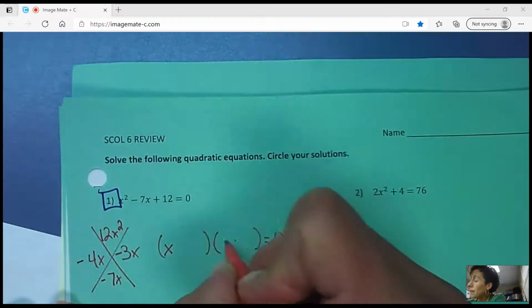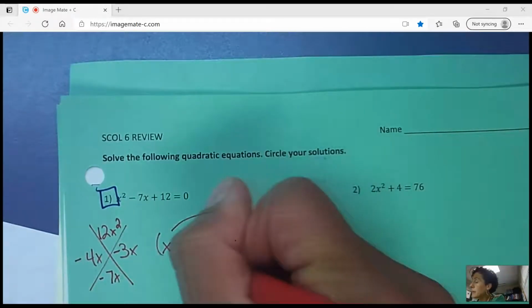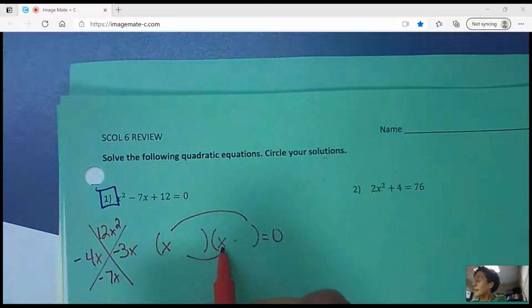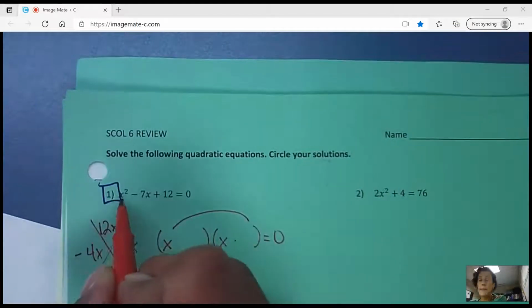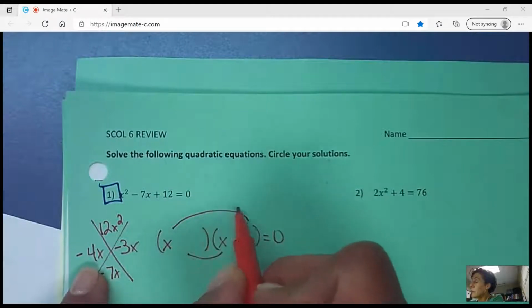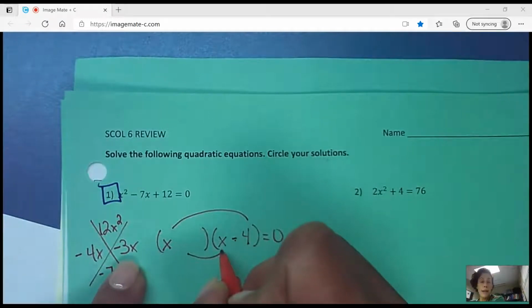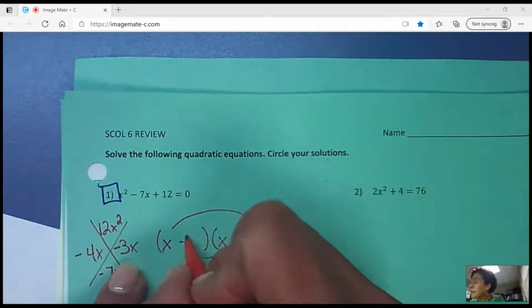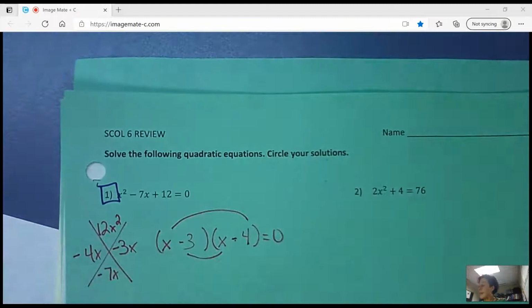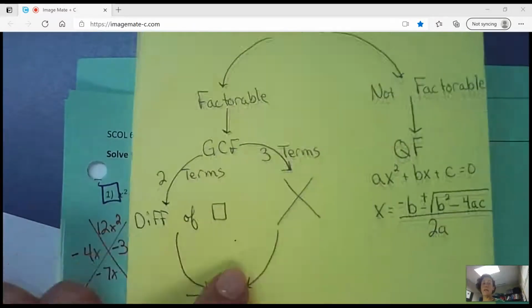I'm going to drop in those x's, and then before I complete the loops here, I want to see if x and x are enough, and it is because x times x is this x squared. So what I'll use is this x and multiply it through this loop to get negative 4x, and then I'll ask myself x times what can make this negative 3x, and that would be a negative 3. Now that I have factored it, so it was factorable, no GCF, I did 3 terms,